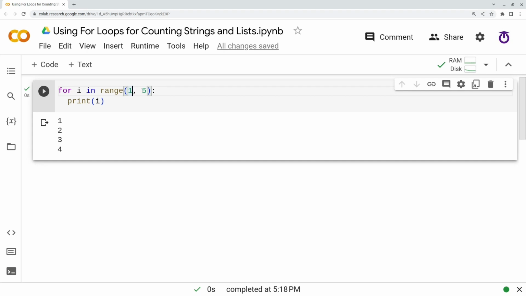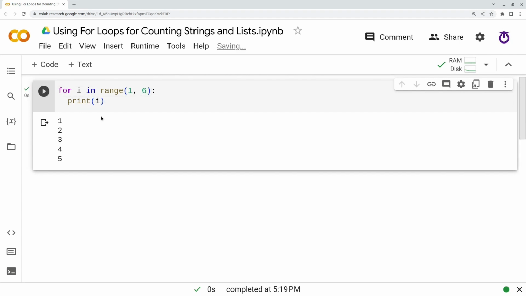Now, because when we enter two parameters, the first one is for where the starting value of I begins at. So here we're saying it needs to start at 1, and the second value is where we're saying it should end at. But actually, in this function, it only goes up to 1 less than the value that we want it to end at. So it's actually going to end at 4. So if we wanted to end at 5, we need to change this to 6.